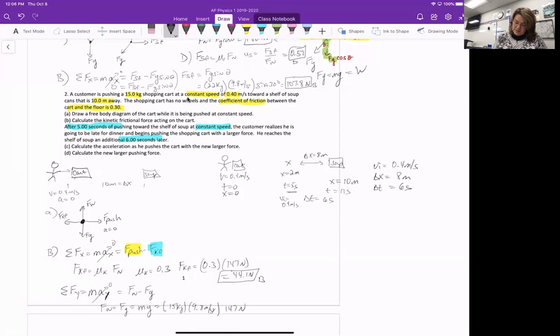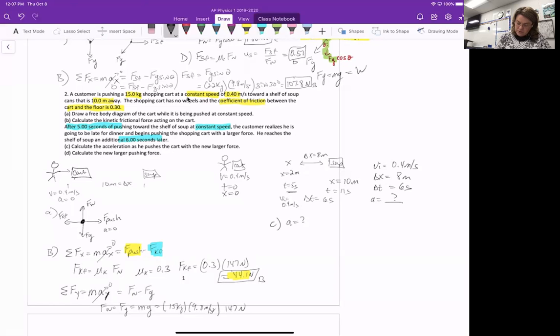I know three things. Pretty sure I'm going to need acceleration because I'm dealing with forces. So force equals mass times acceleration. In fact, that is what C asked for. What is that acceleration as he pushes the cart with the new larger force? Because I had to increase my force. This original force of the push, I had to increase, right? Which, by the way, we found force of friction. Isn't that the same as the force of the push? Because those were equal to each other. Anyway, all right. Acceleration equals, well,